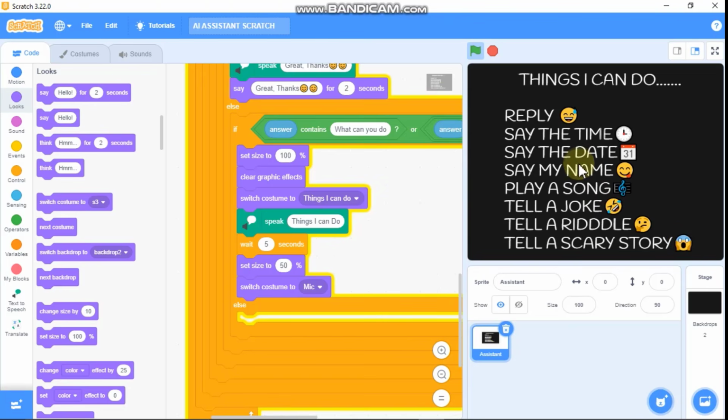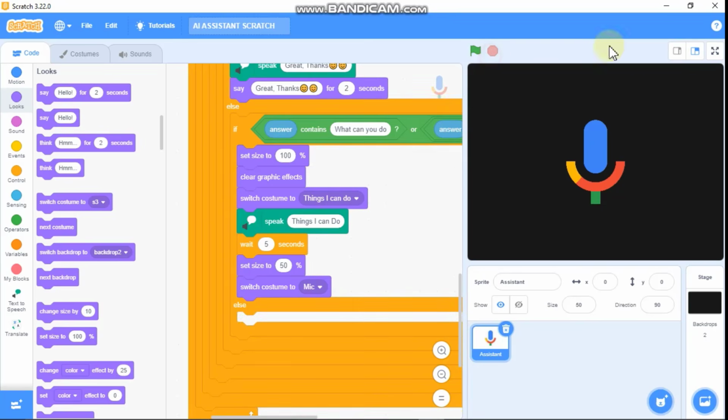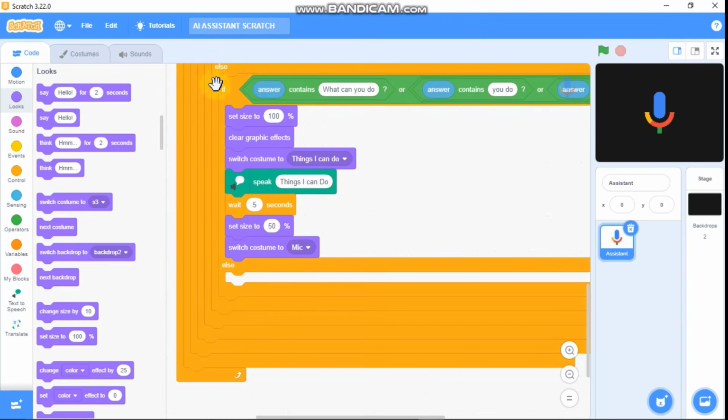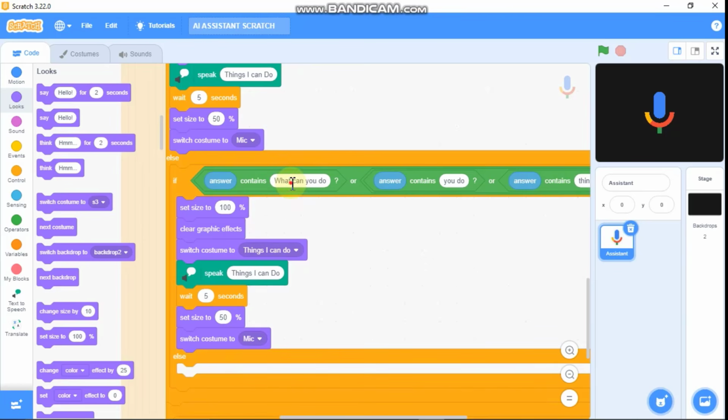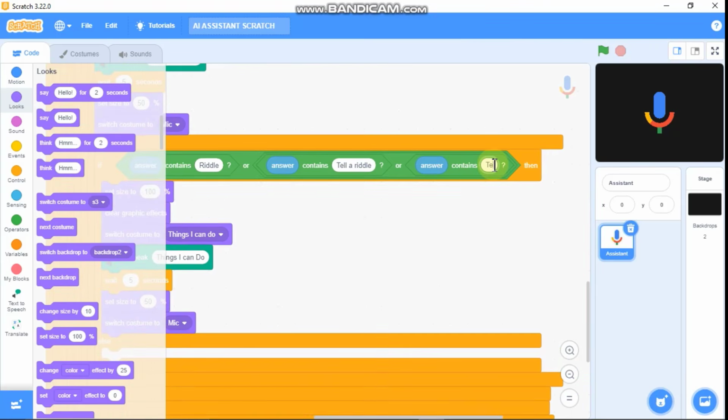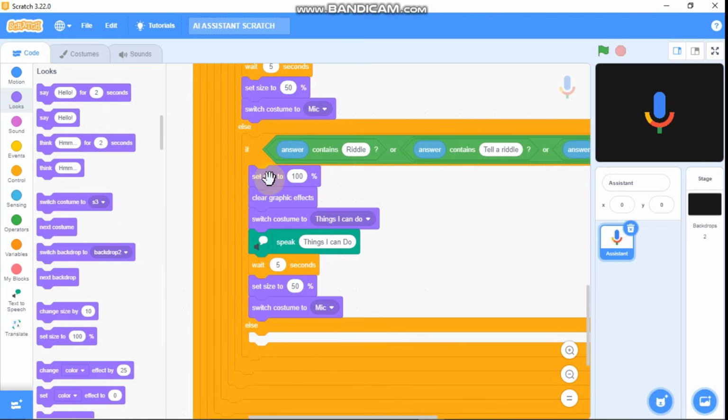Things I can do. And then we could duplicate this, and now let's work on the riddles. So if answer contains riddle, tell a riddle, or tell a riddle, then we need to set size to 100, clear all graphic effects,